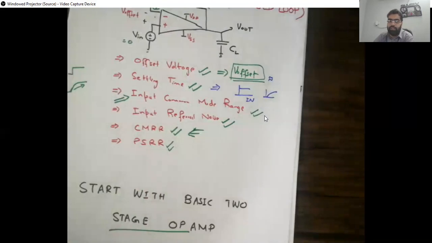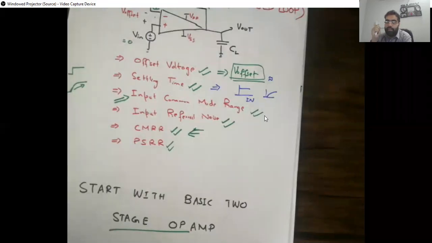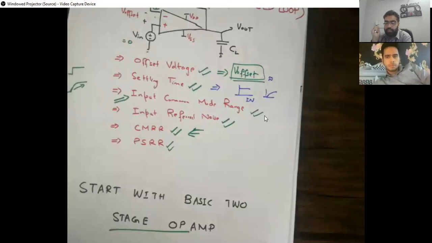CMRR: we have seen that in a differential scheme, a common mode is applied, and we want that common mode value to be rejected. For example, the 50 to 60 hertz mains line, or any common potential applied to the input of an amplifier, we want it rejected as much as possible. So we want a terminology, common mode rejection ratio. We want it to be as high as possible, because this is the division, on the nominal scale, of differential gain by common mode gain, or the subtraction of common mode gain from differential gain.